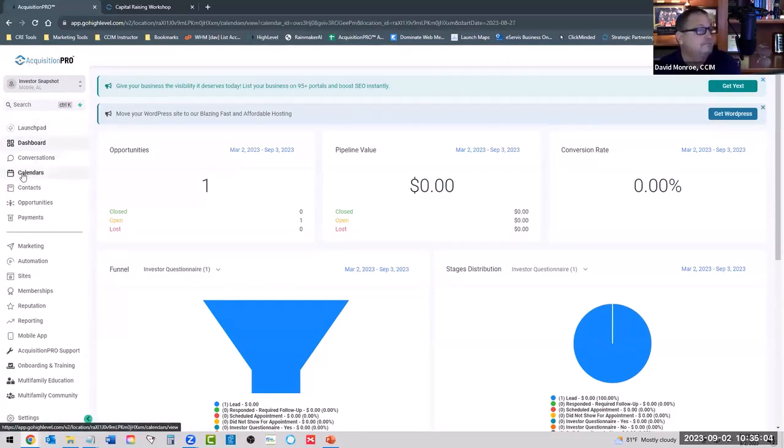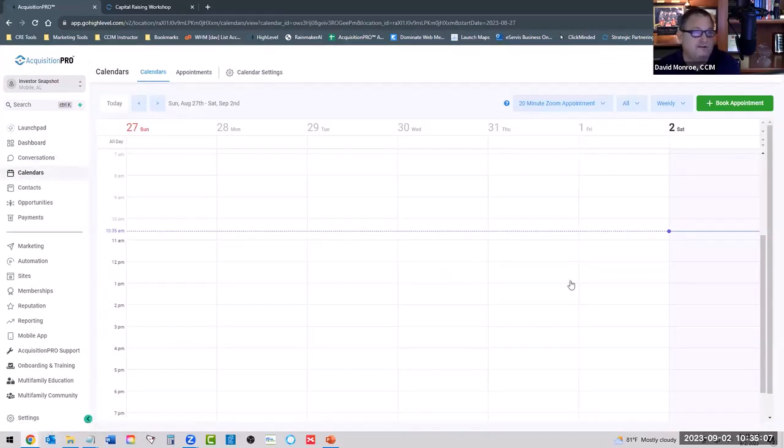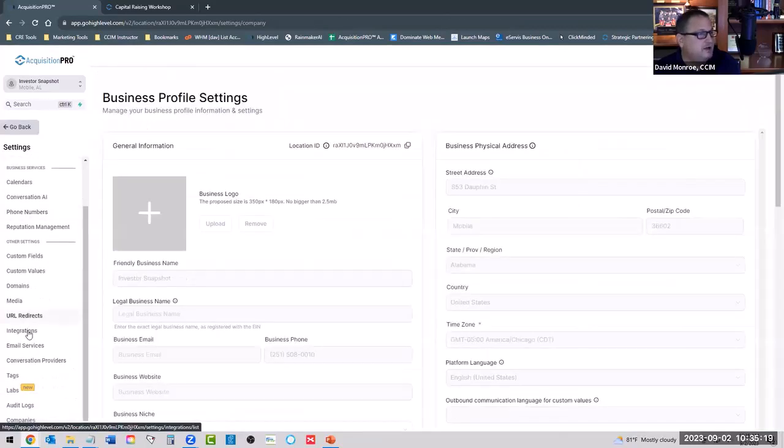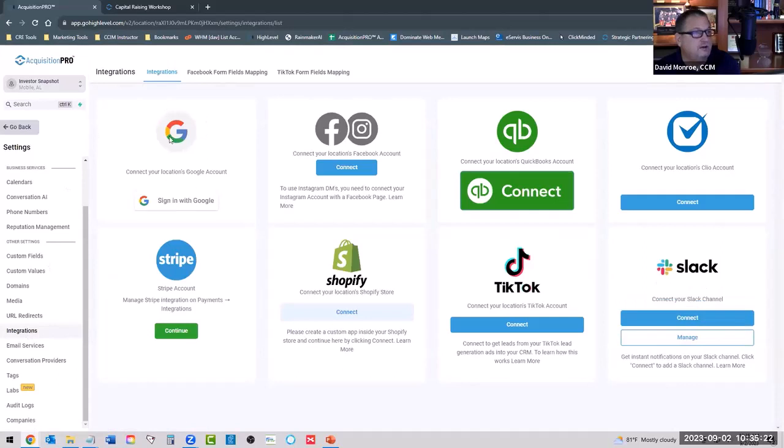Calendar. So if we come here to calendars, you will notice you have a calendar. But the calendar has not been set up. So before you come in and set up the calendar, you need to come down to settings. You need to go to integrations. And you need to integrate. If you are on Google and you're using Google's calendar as your primary calendar, you need to integrate whatever Google account that is with your AcquisitionPRO account. And what that will do is that will integrate your calendar with your Google Calendar. And when you select two-way sync, which you'll see here in a second,